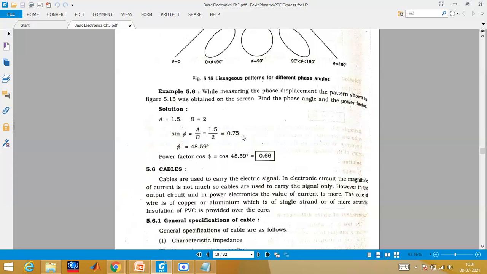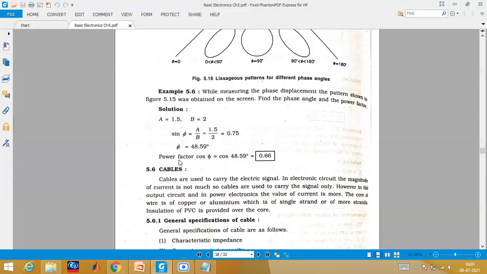If it's an option, then you have to choose. They will definitely be giving you something. Suppose a calculator is not allowed, the person who is setting the paper will set standard values like 30, 45, 60, 90, and so on, 180 and so on. They will not be giving you some value lying in between where you need a calculator. Otherwise the options will be set in such a way that when you divide, you will get the answer. Or they will be giving you phi equal to sine inverse of 0.75. They will be giving you options like that. Sine inverse, so they will not be giving you the exact degree, they'll be giving sine inverse of. So you must know how to calculate a and b.